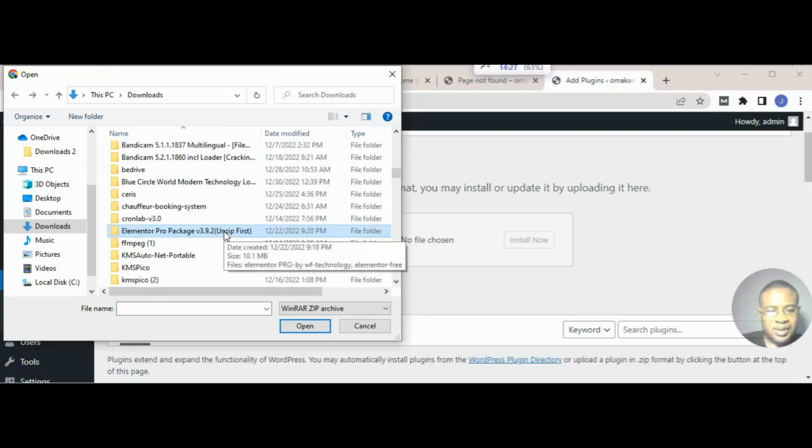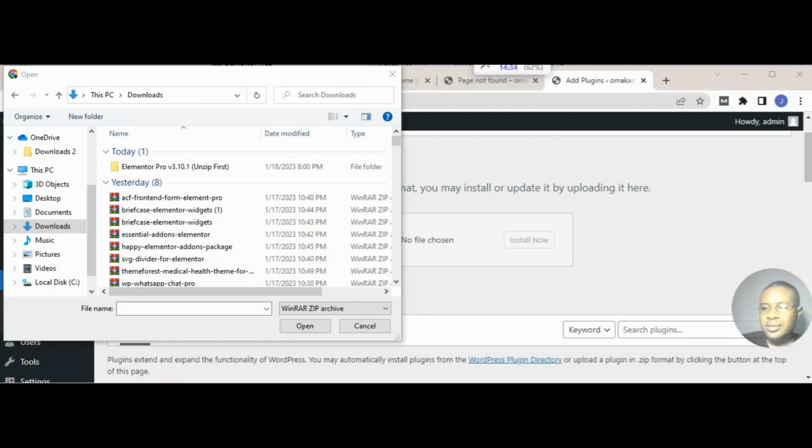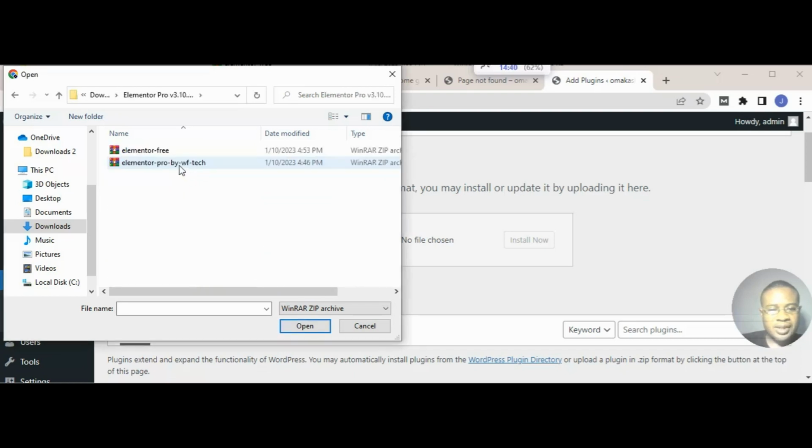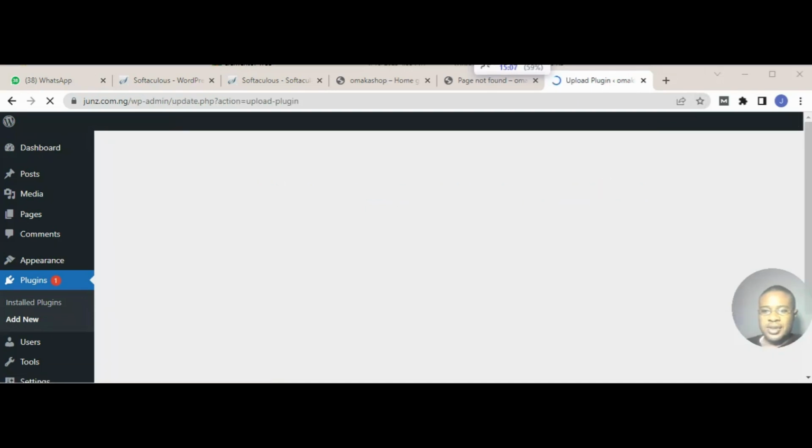Let's see. Let's click that, and let's see. So this is the one. Okay, Elementor 3.10.1. I'll click on that, and you see Elementor Pro by WF Tech. So I'll click on this, and I will do that. So let's hold on and let it install. So it's going to be installed, and so let's hold on for that. So it's installing now,